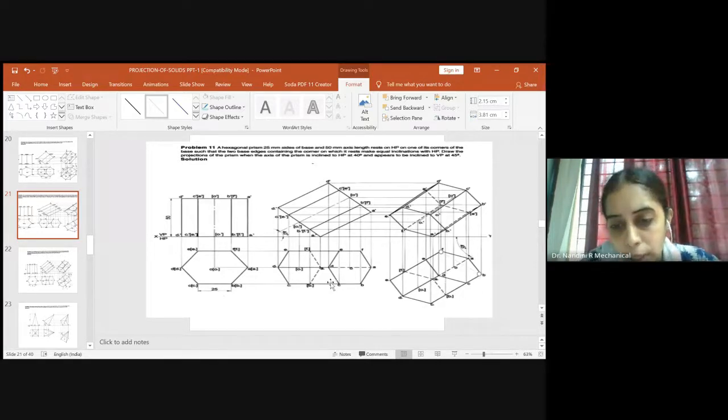And similarly, now from O to D, in between you have two corners coming, E and C. For that, you should know the distance from O to here, what is the value. So keep one end of the compass over here and measure this distance. Come back over here and make a reference where it is lying.